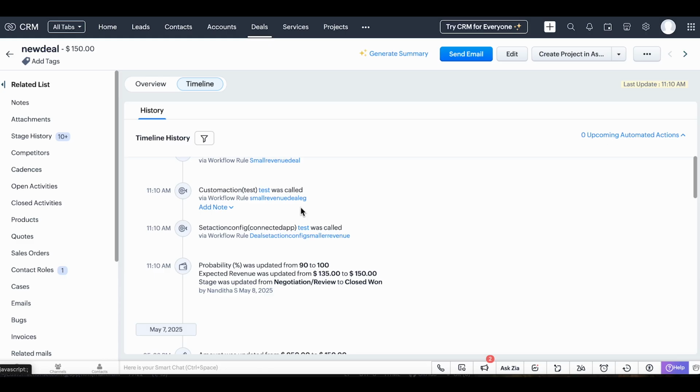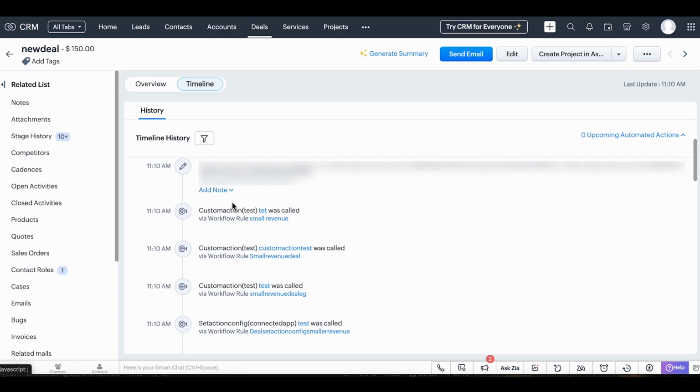So now what should have happened based on the personalized inputs that you've provided? 2 actions should have been executed. 1, an email should have been sent out to this deal's contact, and this deal should have been created as a task in this particular new project that is available as part of my Zoho Projects account. So the deal's contact that I've given over here is my contact itself for demonstration purpose. So let us go to our mailbox.